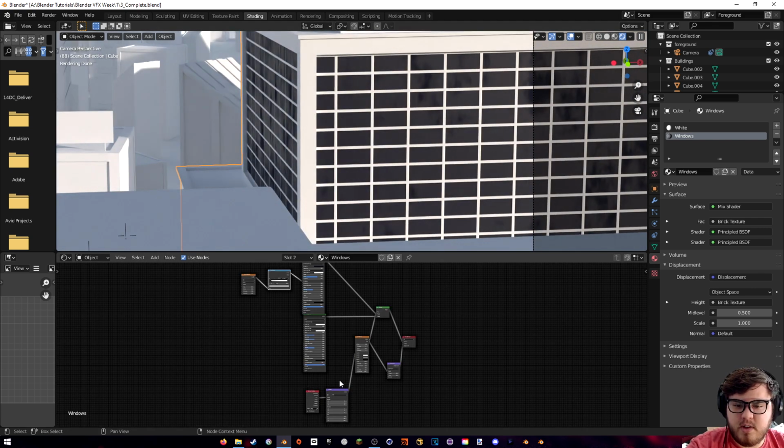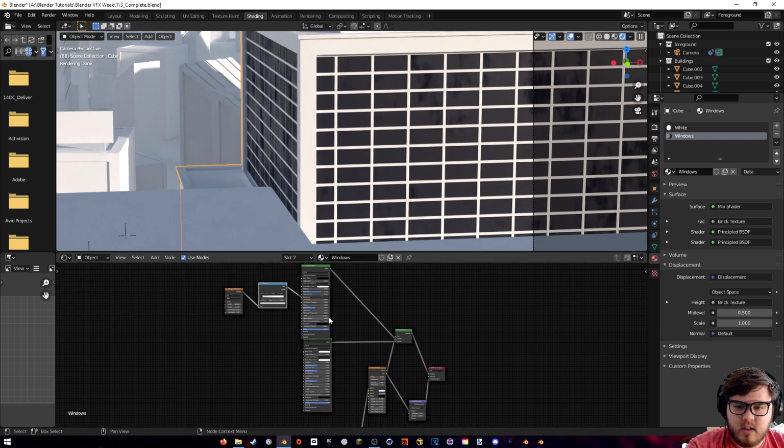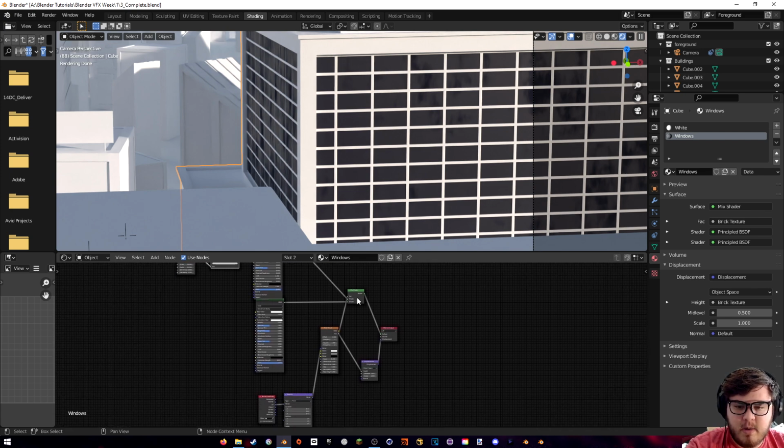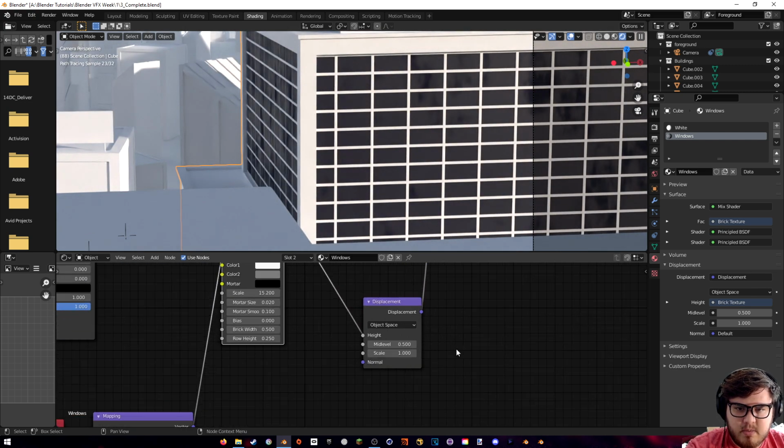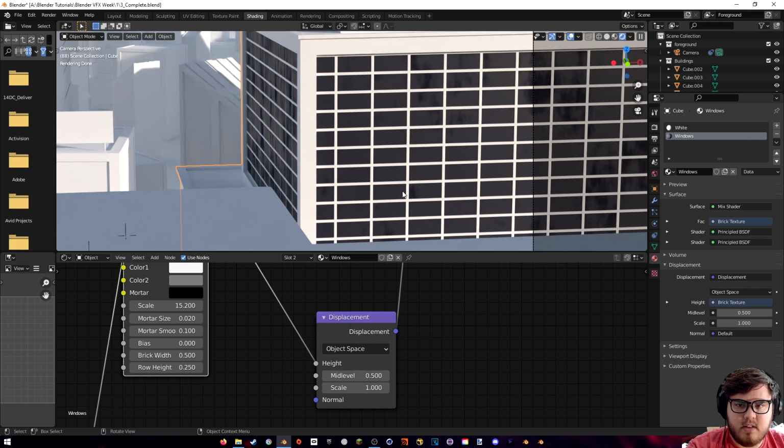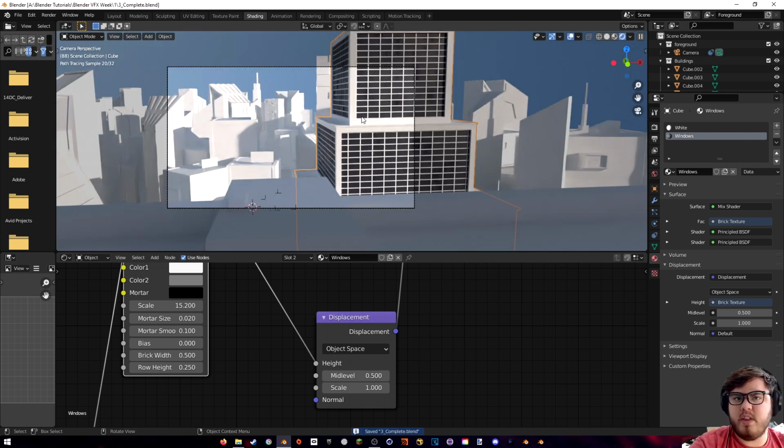Okay, so here's our node setup so far. We have the white in our glass, and that's being combined in a mix shader, and that's being controlled by our brick texture. And then we have this little displacement node right here that's basically giving us some fake geometry and giving us some more detail on our scene. Okay, so cool. Now that that is done, we can actually go ahead and move on to our other thing,